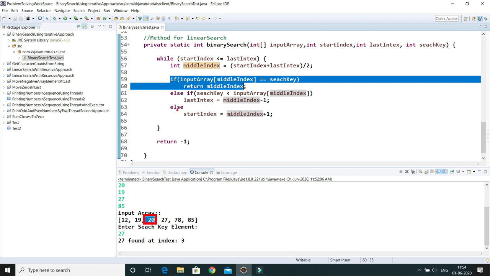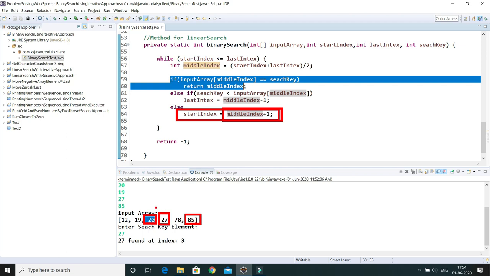So that will go in the else part and set the start index. That means our search element is greater than the middle element, so you have to set the start index to middle plus one, and that starts from here. That's why I have set start index to middle plus one. The last index would be the same, right? That is not going to change.